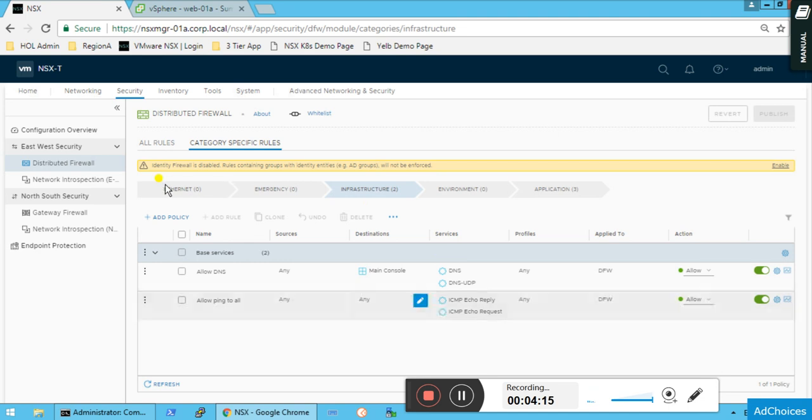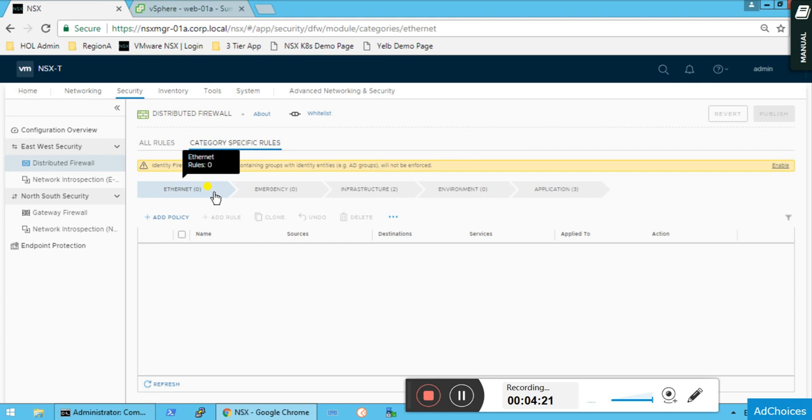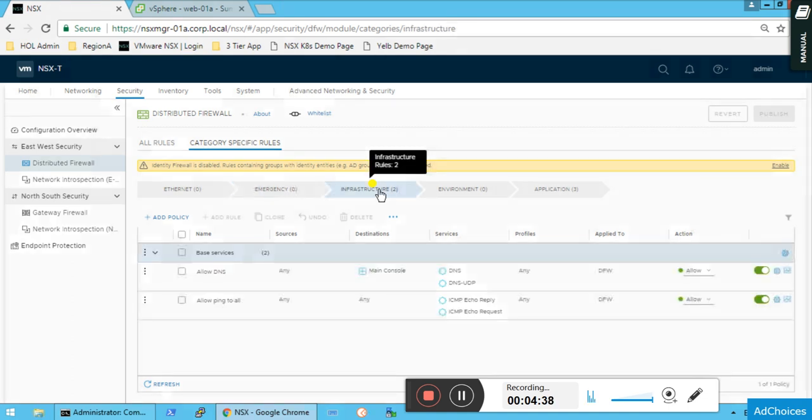Okay. So as you can see, there is this arrow kind of structure in DFW. First of all, if I have an Ethernet rule, then my DFW will check this Ethernet rule, and if I don't have any Ethernet rule but I have configured something in the emergency rule section, then it will be preferred while checking the DFW policies. And then my infrastructure services come into the picture, like DNS, UDP, ICMP, as you can see here, right?